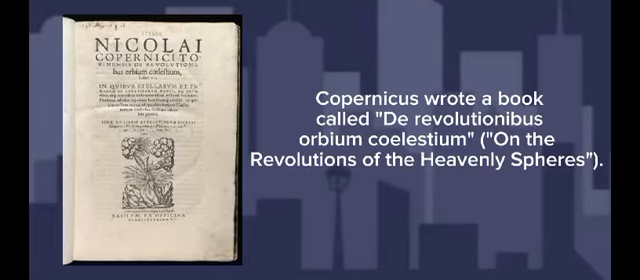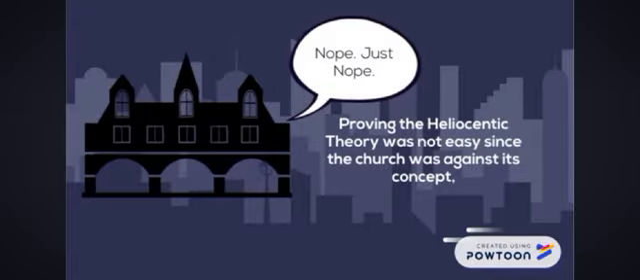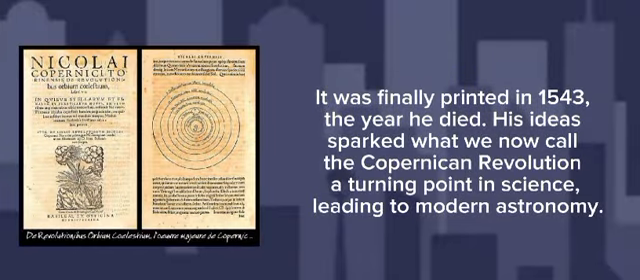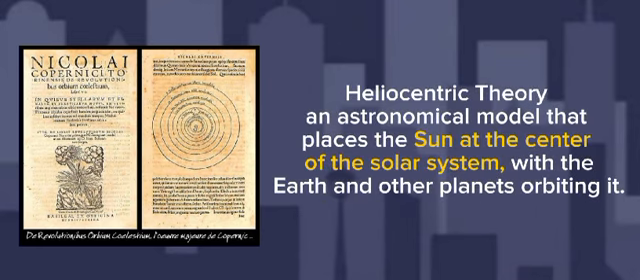Copernicus wrote a book called De Revolutionibus Orbium Coelestium, or On the Revolutions of the Heavenly Spheres. He hesitated to publish it, fearing criticism from the church and the scholars who supported the geocentric view. So, it was finally printed in 1543, the year he died. So, the book De Revolutionibus Orbium Coelestium is about the